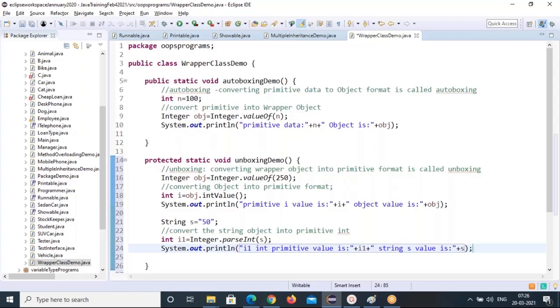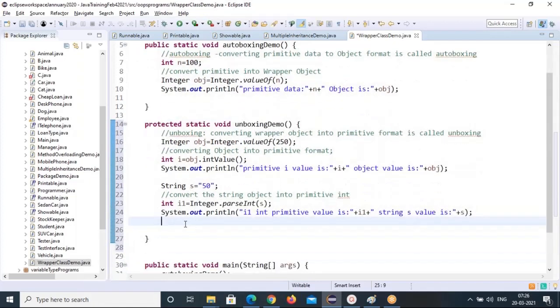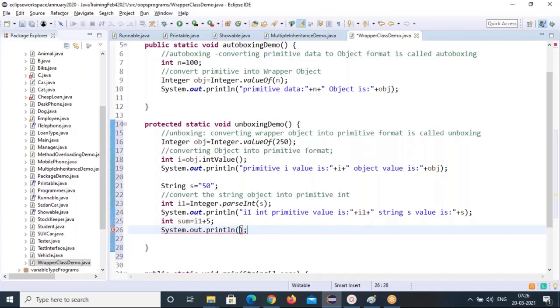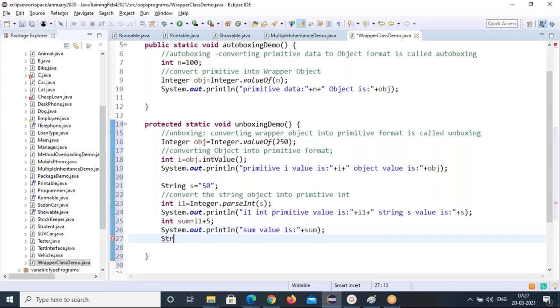But how can you check whether it is converted into 50? You can do that: int sum equal to i1 plus 5. If it is not converted, it will throw an error for you. Sum value is sum. Same s value you can see.